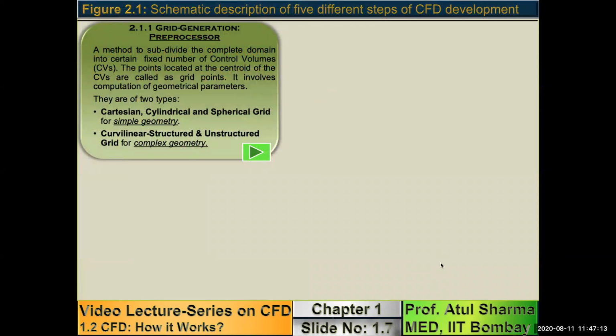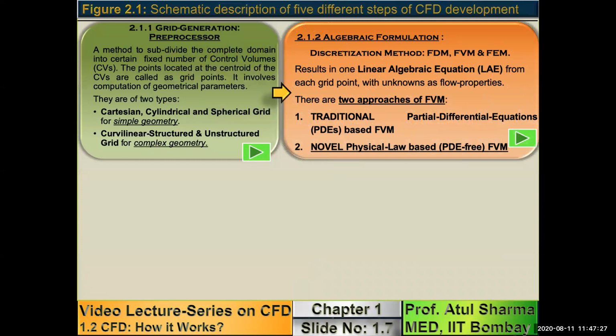Now, after the grid generation or pixel generation, the next step is, as I mentioned, if we have 25 yellow circles, we have to obtain 25 linear algebraic equations corresponding to those yellow circles. Basically, the second step involves algebraic formulations. Traditionally, these algebraic formulations have been called the discretization method, because mathematically,